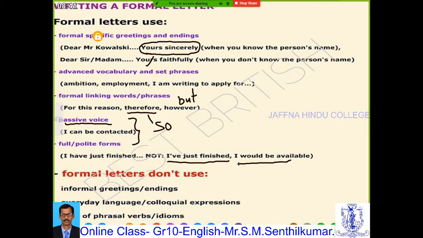The major idea is the vocabulary and sentence structure. Sentence structure should use passive forms. Mostly, when you need it, you have to use the passive form. Is it clear? Now,